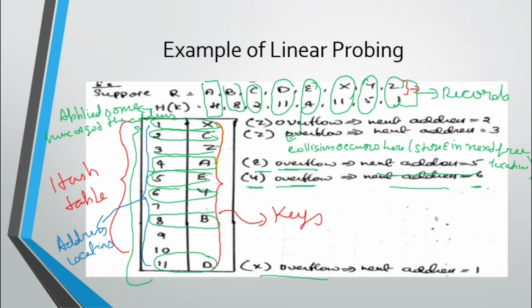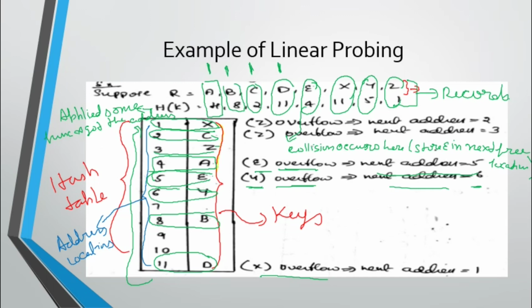So this is what you need to know. Here one more concept comes, students. I have stored all the keys here, so what is the search length? I could directly store there, so the search length of A is 1. Search length of B is 1, as I could store it directly. C is also 1, and D also 1. Now E is 4. Here for E, there was A already.